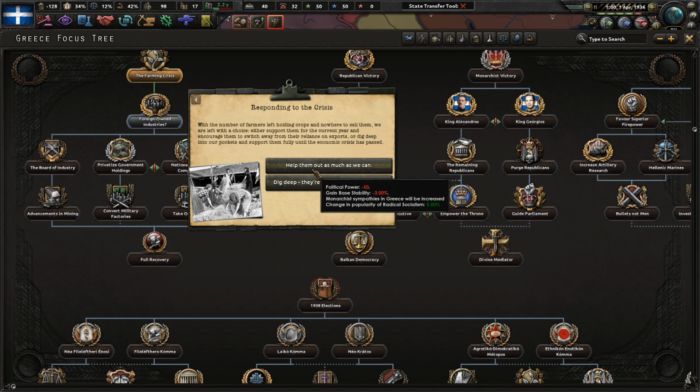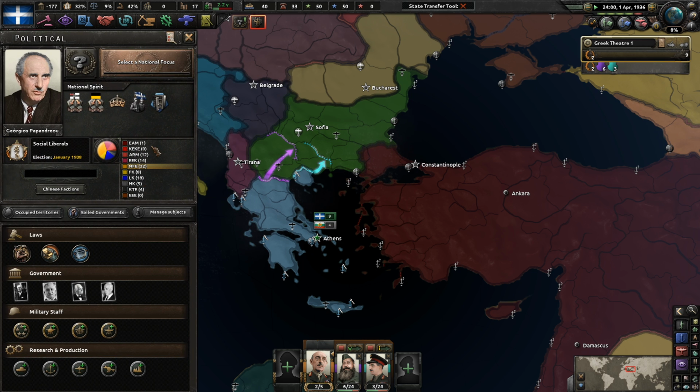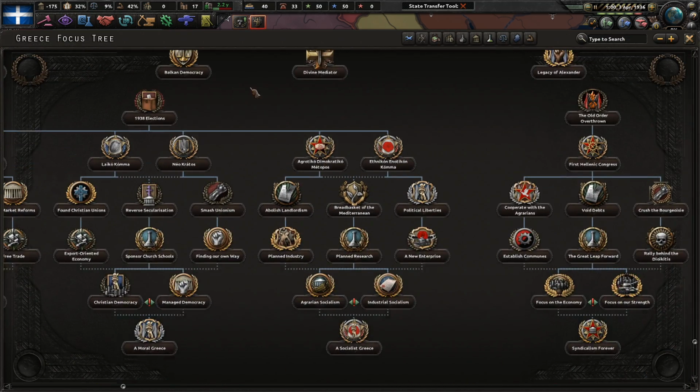So monarchist sympathies will increase. Change in popularity of radical social 5%. I think we want to do this. I mean, we definitely don't want to go for negative 200 political power. We'll support you, because again, we kind of want the Reds to win the election, because I just think the